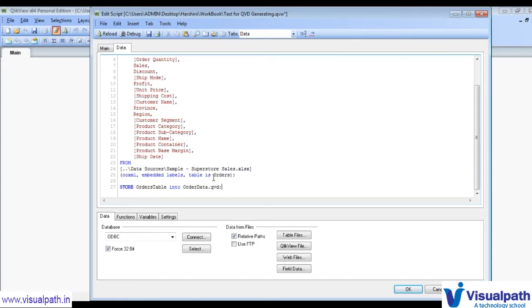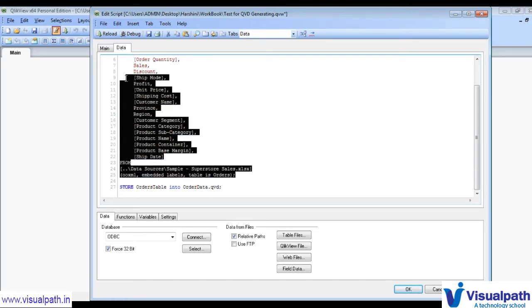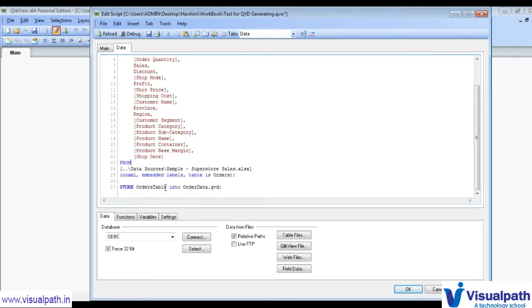So what the Store function does is convert whatever data is loaded from the Excel file to an orders data.qvd format. And which location will it store the QVD file in? As we have not specified any location here, it will store the QVD file in the same location where the application is currently present.